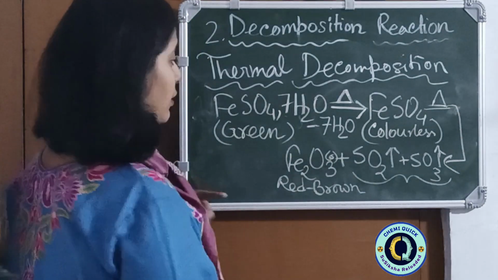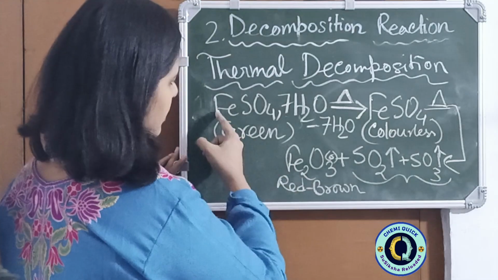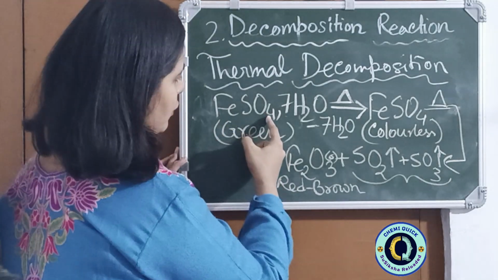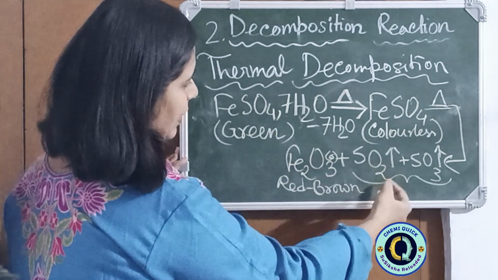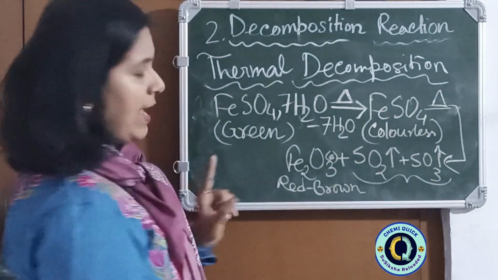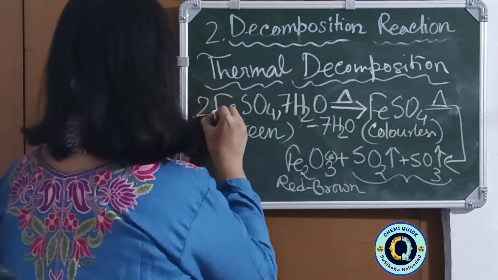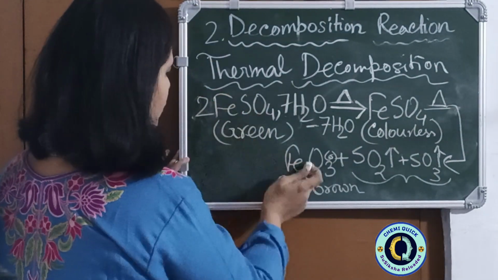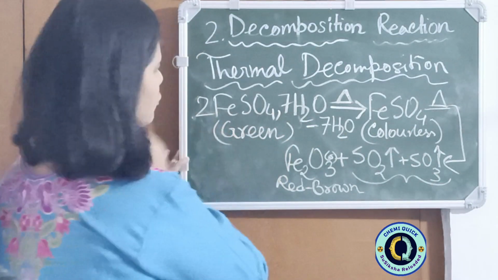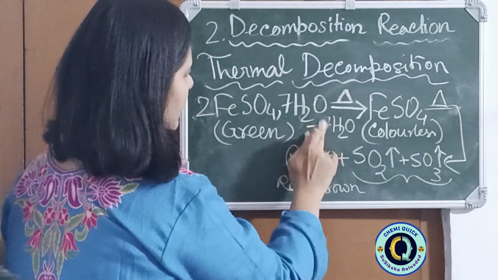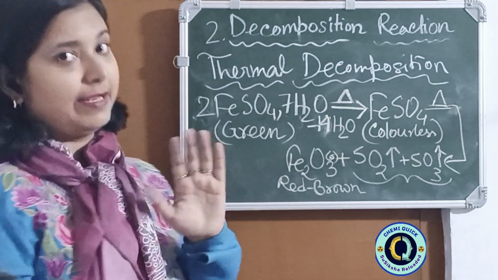If you look at it, it needs to be balanced. So you see, here are 2 iron, here is 1 iron, here is 4 oxygen, and here is 3, 2, 5, 3, 8. So 8 oxygen and here 4 oxygen. So 4 twos are 8. So we are trying with 2. Fe2, Fe2, 4 twos are 8, now S2, S2. So here it will become 14, this 7 will become 14. Okay, so balancing is done.